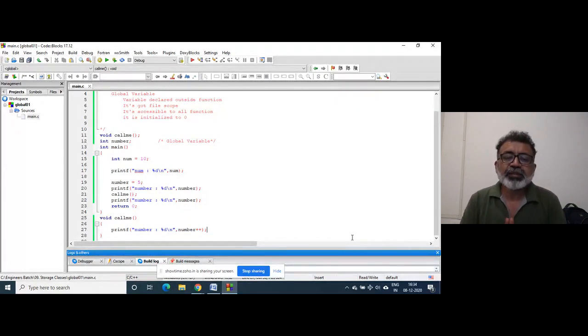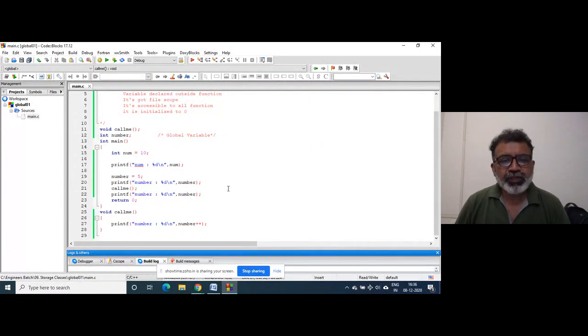Why is it dangerous? When you declare a variable at the global level, it can be tampered with. It can be played along with. Okay, "tampered" is the perfect word. It may be tampered with by any function in that program, and it is very difficult to manage that. Any function can play along with it. Any function can change the value. So it is dangerous. Okay, it is very difficult.